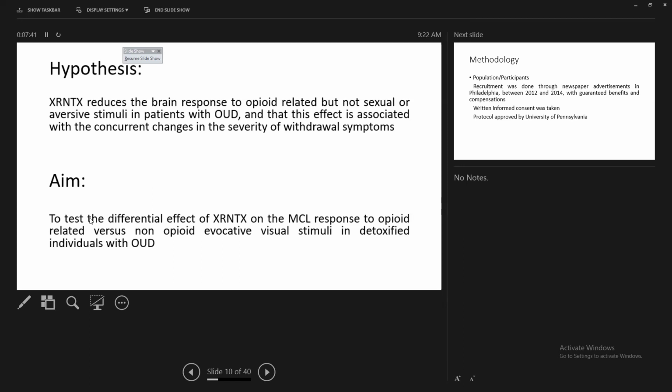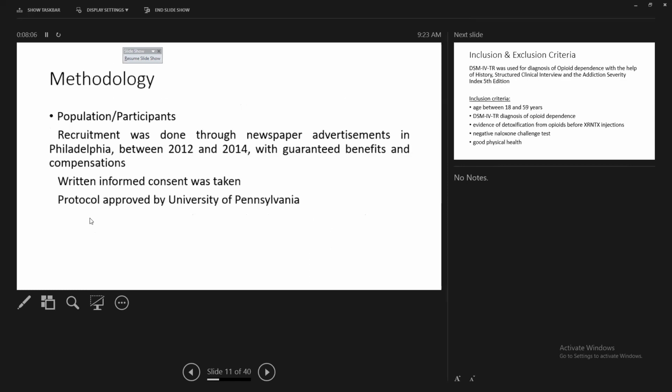Okay, the aim is to test the differential effect of XR-NTX on the MCL, meaning mesocortical response, to opioid versus non-opioid evocative visual stimuli in detoxified individuals with OUD. They have mentioned that in detoxified individuals they will see the differential effect of opioid related stimuli versus non-opioid related stimuli with this XR-NTX. Okay. Methodology: they recruited through newspaper advertisements between